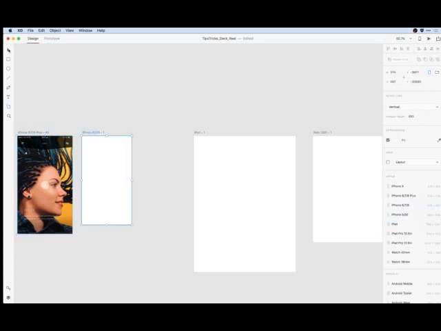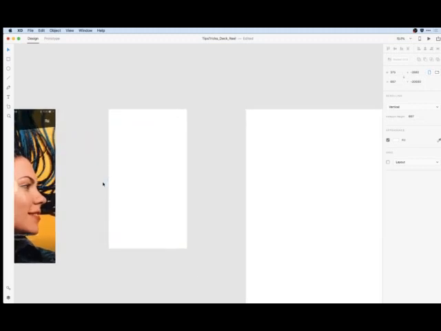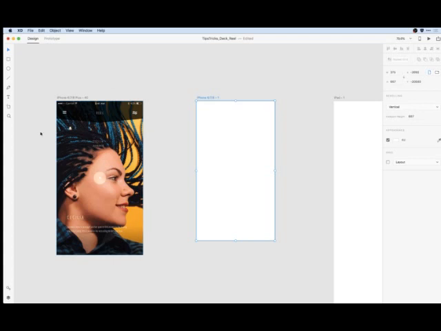A little bit shorter, but that's fine. So let's say just for speed's sake, I want to take these top navigation elements that I have and carry them over to the other artboards. If I come into this individual artboard, when I click on the artboard and come to the layers panel,